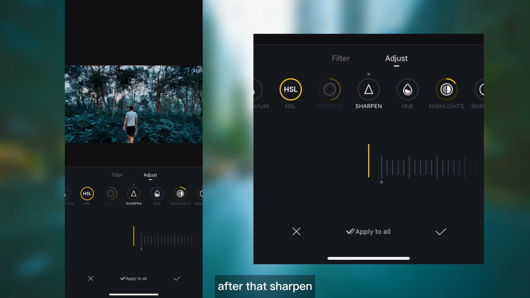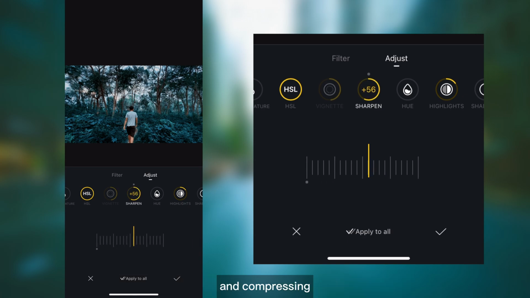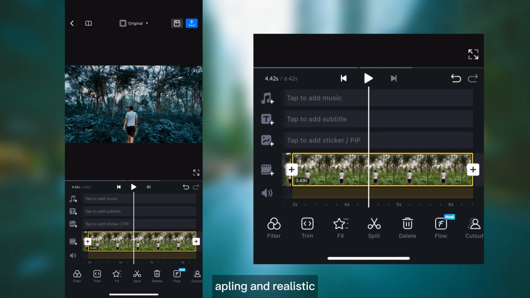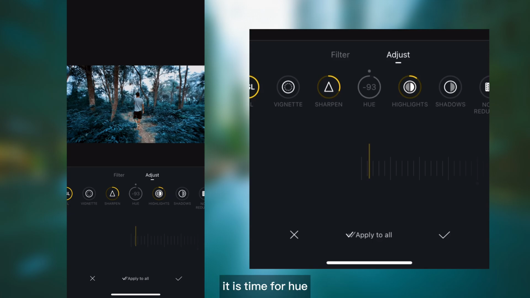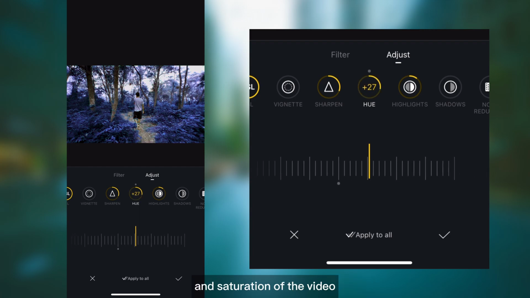After that, sharpen. Sharpening is important because video can sometimes lose a bit of sharpness during capturing and compressing. Sharpening helps to bring out the finer details and texture in a video, which makes it more visually appealing and realistic. After sharpen, it is time for hue. By using this feature, you can change one color to another while maintaining the overall brightness and saturation of the